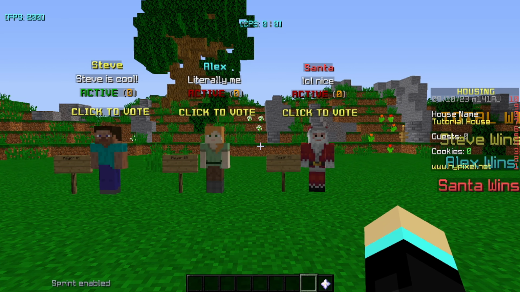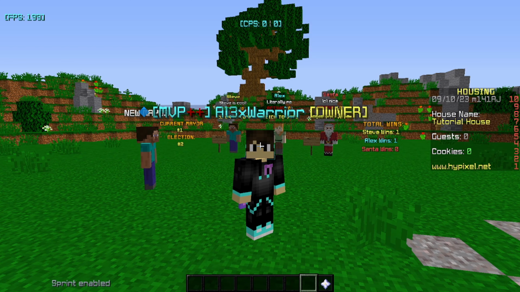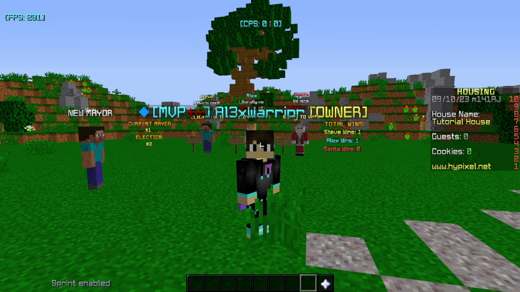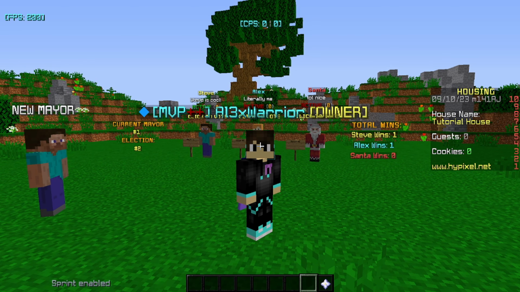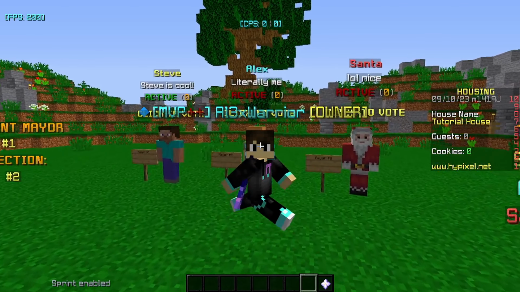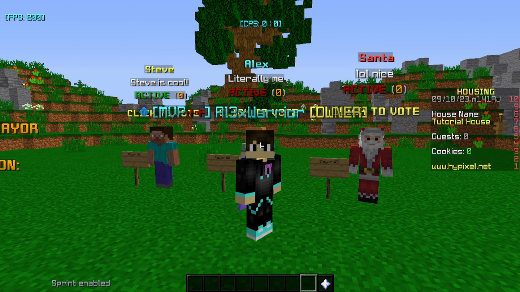So in Alter, my house, one of the mayors gets increased foraging XP. So if you were to chop down a tree and that mayor is currently active, then we just check if that mayor is active through the global stat mayor, and if it is, just give a bit more XP. But yeah, that's it for the tutorial. I hope you enjoyed, and I hope you can use this for your own house. I'm excited to see what people use the mayor system for. I think it's a super cool concept, and it can be used in all sorts of houses, including simulators, RPGs,